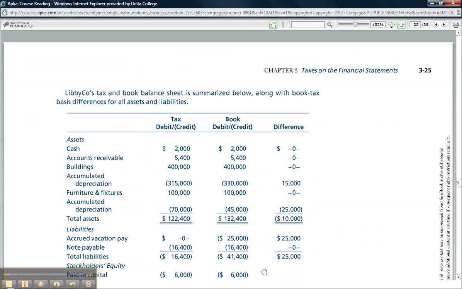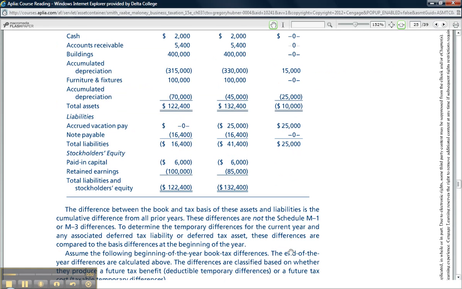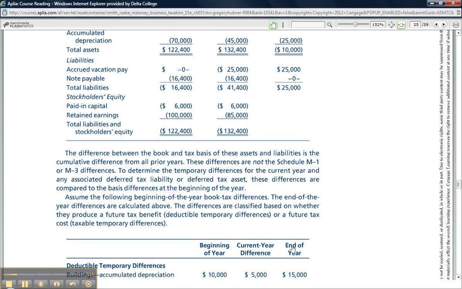that shows you the balance sheet approach to ASC 740 and how it looks at the difference between tax basis of assets and liabilities and book basis of assets and liabilities. And it compares those basis numbers from the beginning of the year to the end of the year. So in other words, how did the basis differences change from the beginning of the year to the end of the year? And that helps you determine, or is how you determine, what your ultimate deferred tax asset